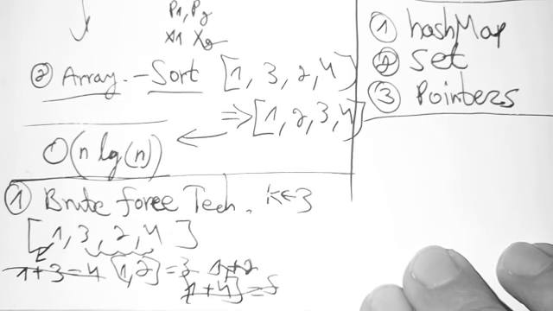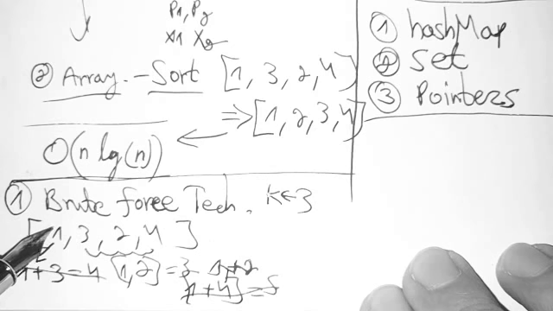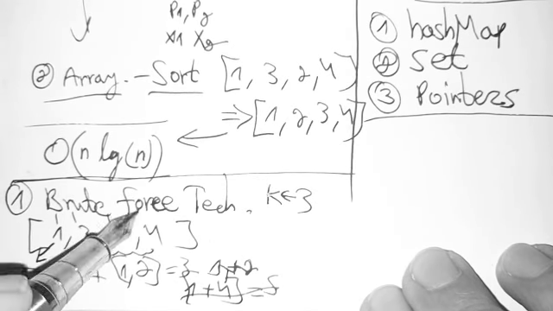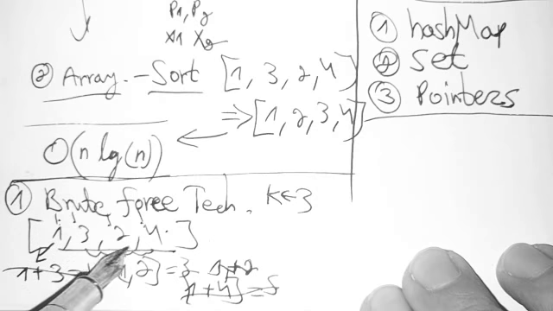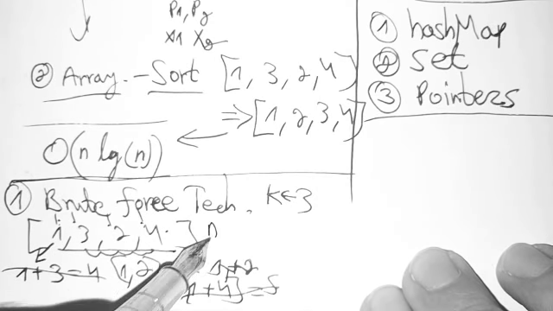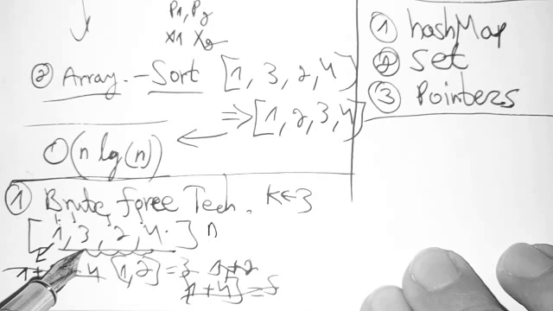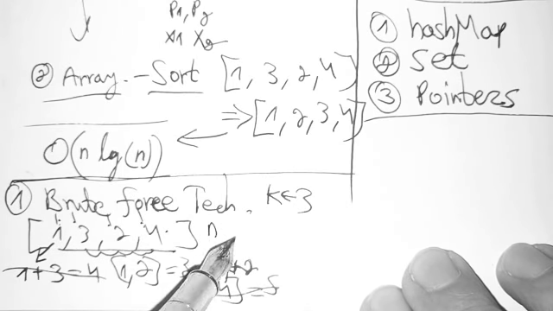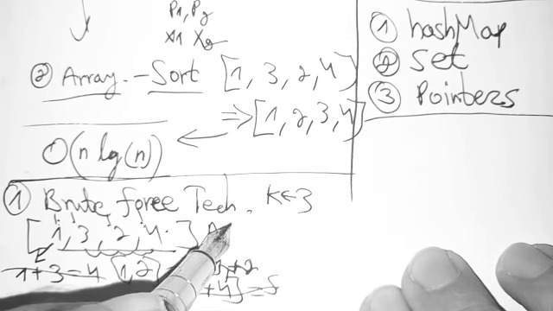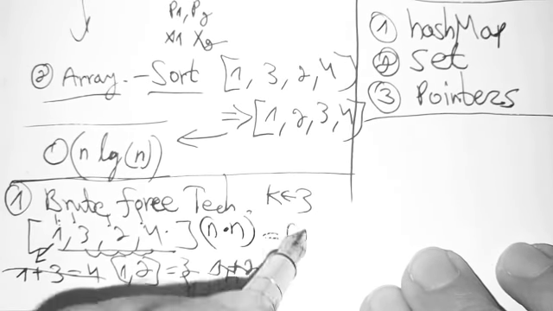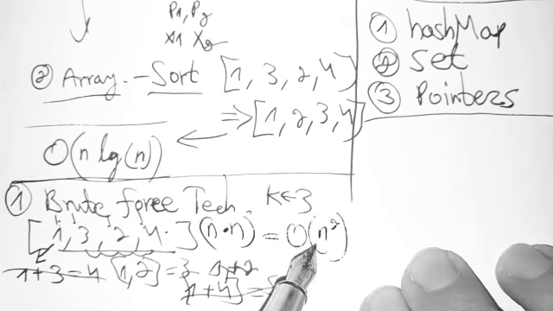In this case you should mention that the time complexity for this would be that you scan all the items, but for each item you need to scan all the other items. So you have here n for the first item, because for the first time you scan all the items, so it's n because the size of the array is n. For the second item you again scan all the items, maybe including the previous one depending on the question or not, but you scan all the items, so it's n times n. For each number you scan all the array,